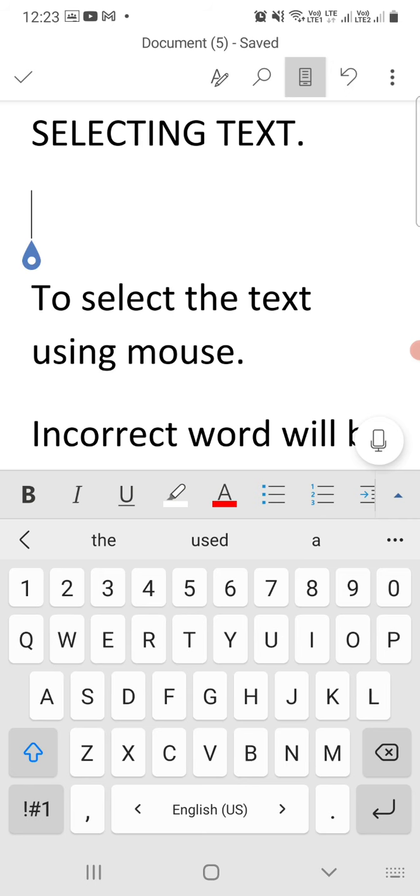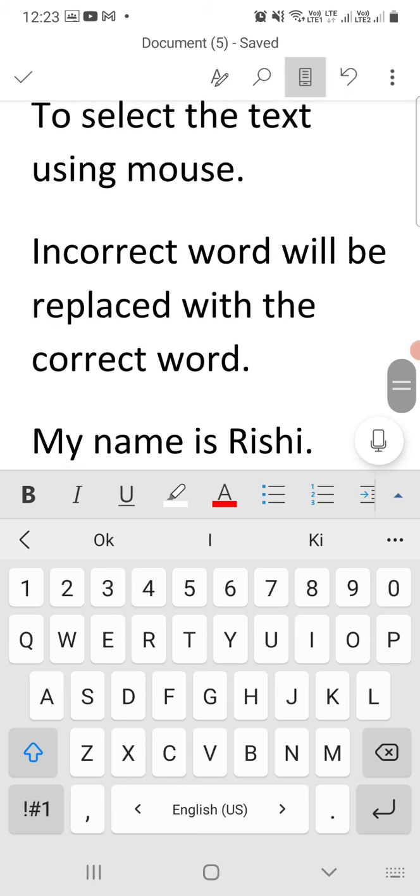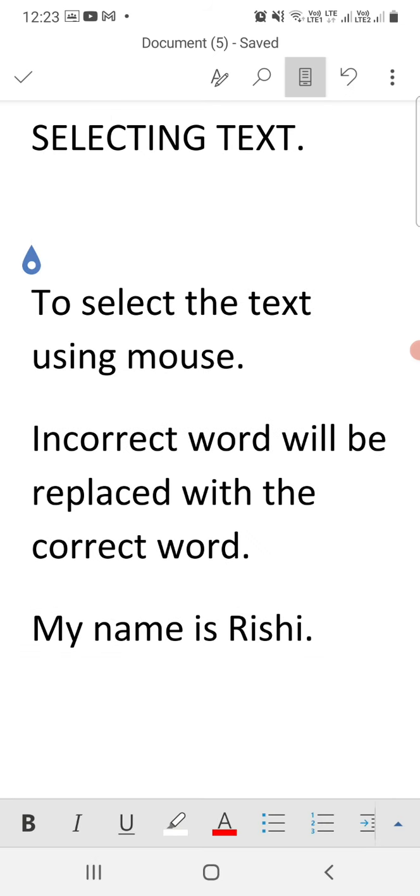But if you write the wrong text, it will show you the possible words that you can write on that place. So thesaurus is also not available in mobile. Okay, so these are the basic things that you can practice in your mobile: selecting text and removing text, cut option, copy option, and grammatical mistakes, spelling mistakes.